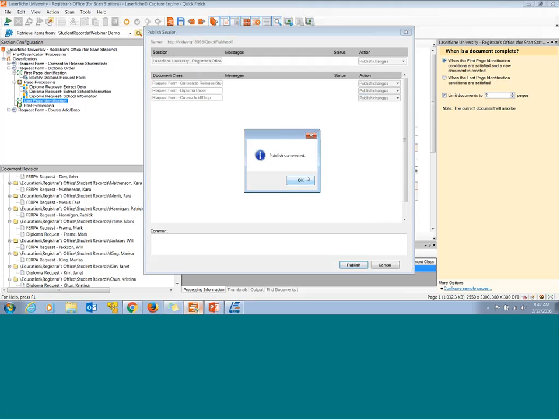So this is really where the power of a new QuickFields server comes in. And again, it's a single location where a session designer can make updates to sessions and document classes. So through QuickFields scanning, the scanner operator can immediately pull the most recent version of the sessions and document classes. This makes creating and updating sessions for multiple scan stations much easier, so no more manually having to update all